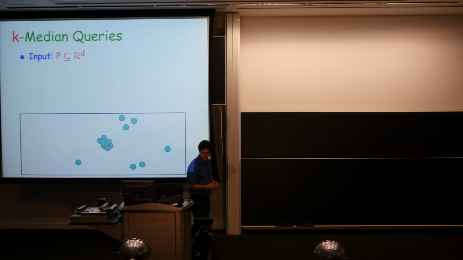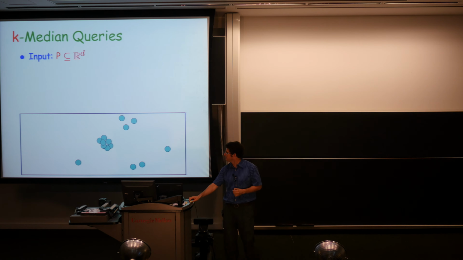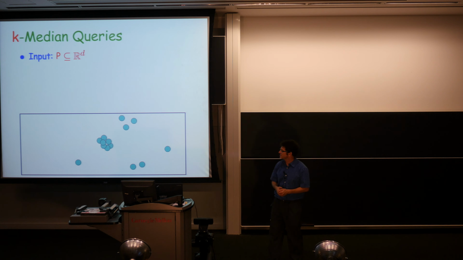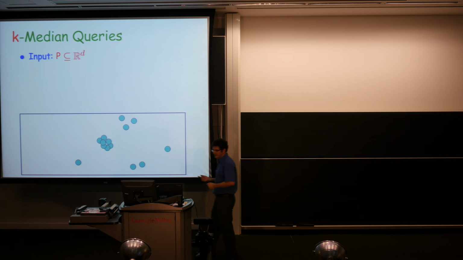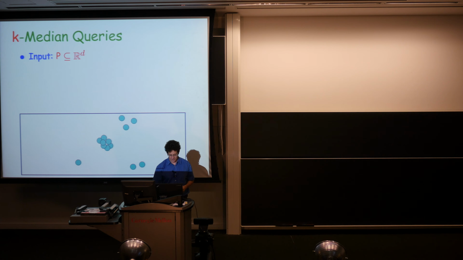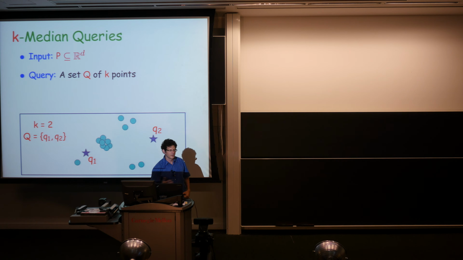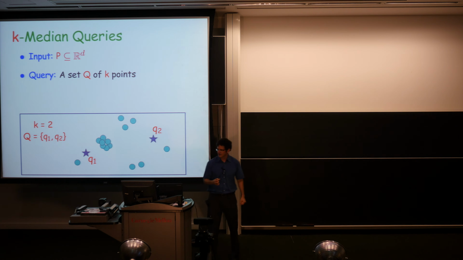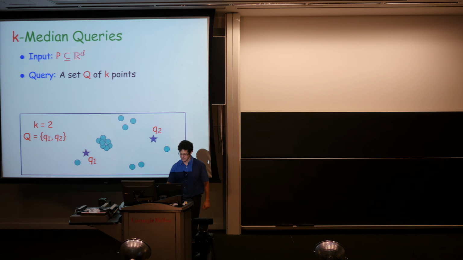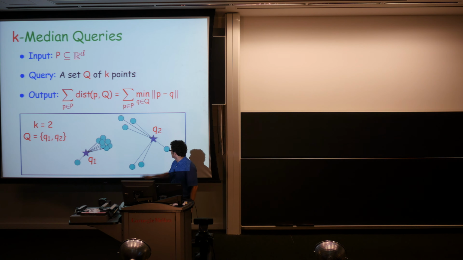So, for example, using this framework, we were able to solve the k-median queries or the k-mean queries, where the input is n points in R^d. The query or the candidate set of models is a set of k points. And you want to take the sum of distances for every point to its nearest center. And k-mean is the sum of square distances. And of course, once we have such a coreset that approximates every q,